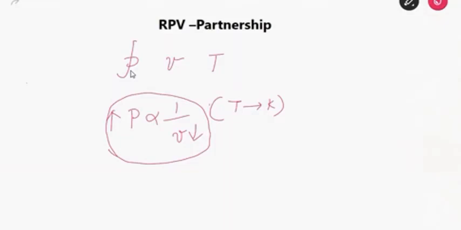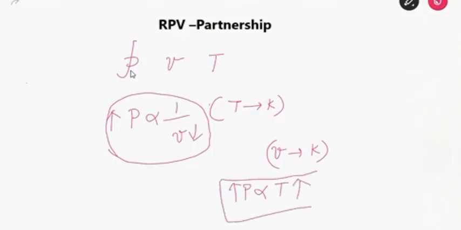Now when volume is constant, what is the relationship between pressure and temperature? If pressure is increased, automatically temperature of the object is also increased. Now see here, when one thing is increasing, as the impact of that the second thing is also increasing. This relationship is called directly proportional. So these relationships can be made between many objects.